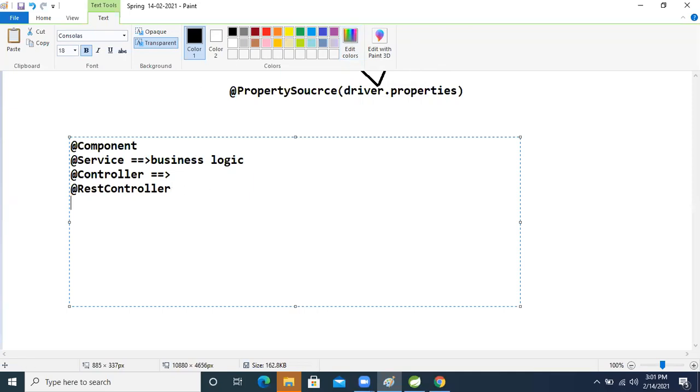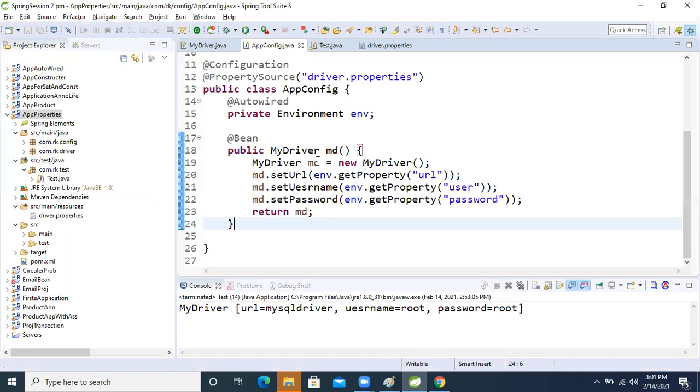Now, if we want to perform the DAO layer, that is the data access layer, there is the @Repository annotation on top of the class. In the DAO layer, if we write this annotation, then our IOC container will treat that class as a DAO layer. Again, we don't need to configure that inside